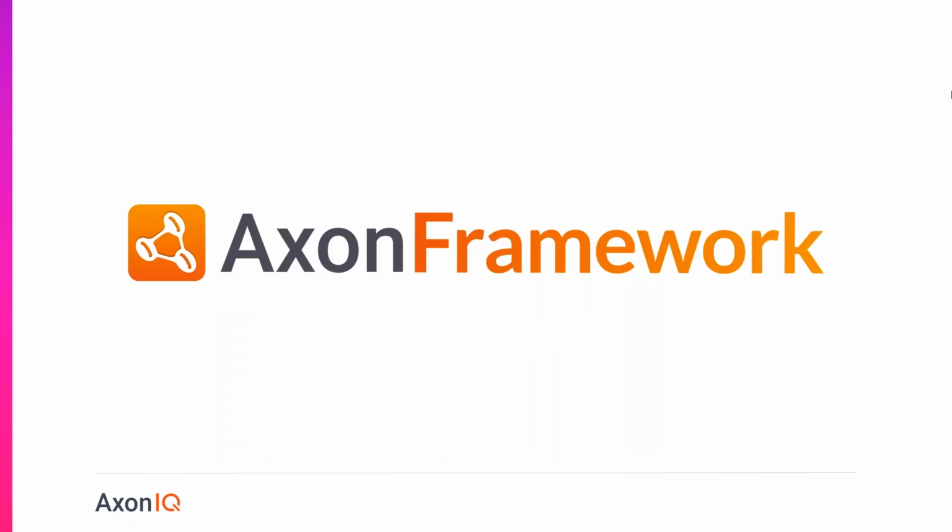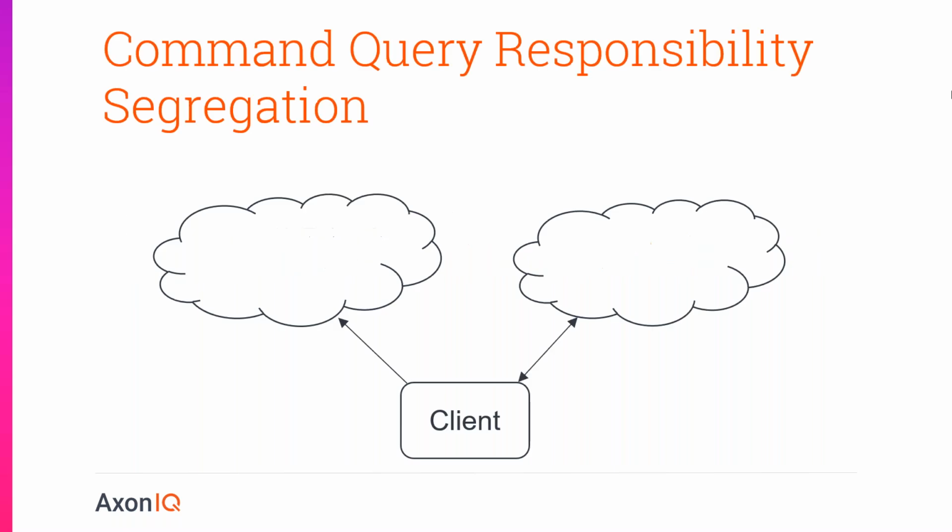And this is where Axon really originated, right? Axon Framework was a project that started about 9 years ago to tackle this complexity problem and have a different approach. And the way Axon wants to do that is by introducing command query responsibility segregation, or CQRS in short, which